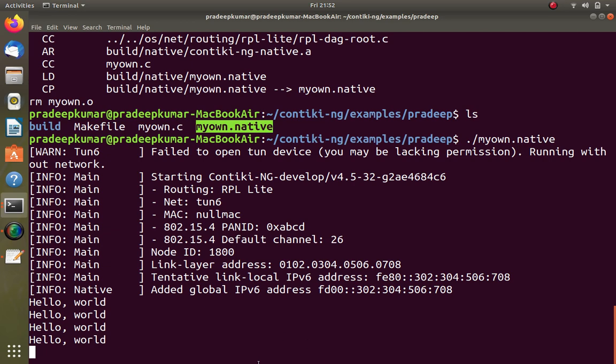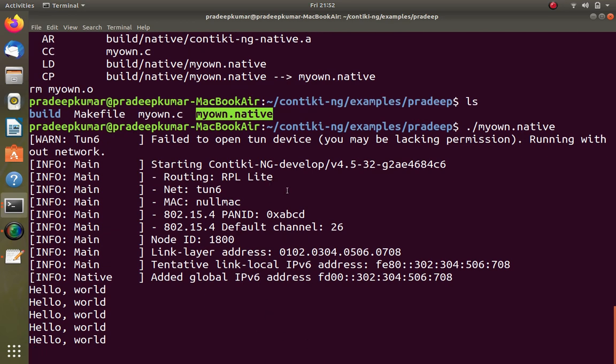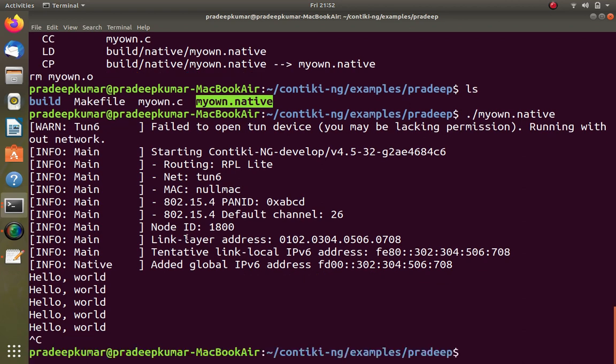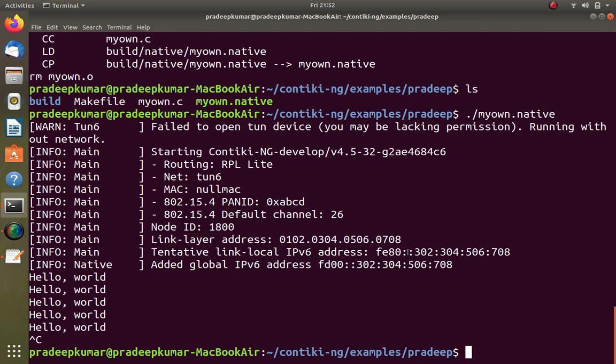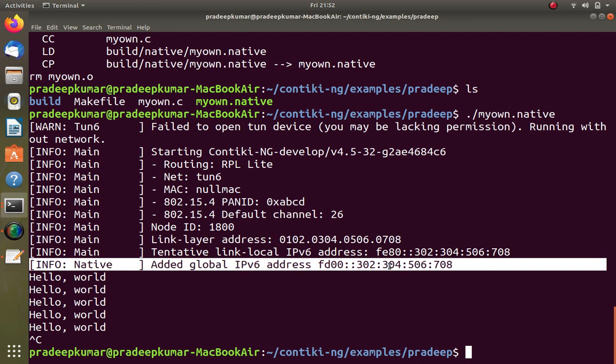Okay, so now see that this output has something like, I'll just close this. The MAC it has is a null MAC, and it has 802.15.4. We have been discussing this for a long period of time during our week 1 and week 2 lectures. What is a link layer address, and what is the tentative IP version 6 address? What is the IP version 6 address, and the global IP version 6 address? So local and global both are there. So this is what a simple device can do natively.